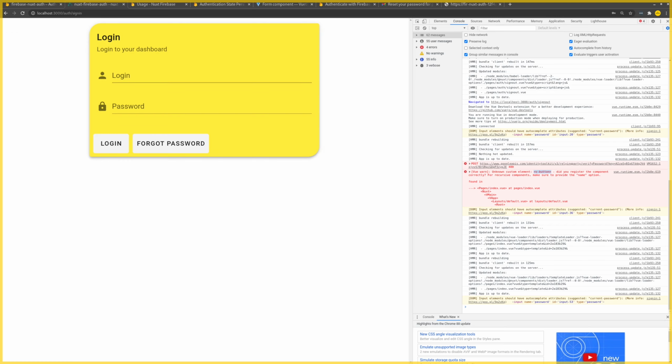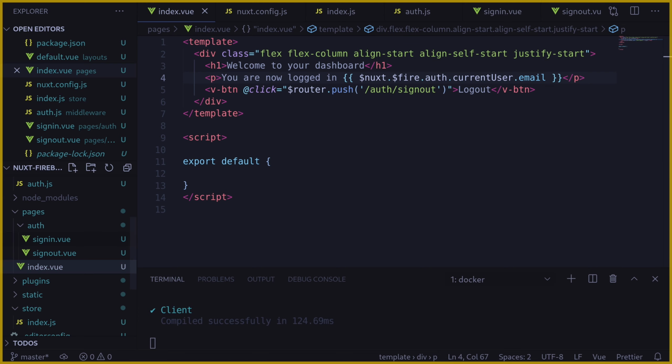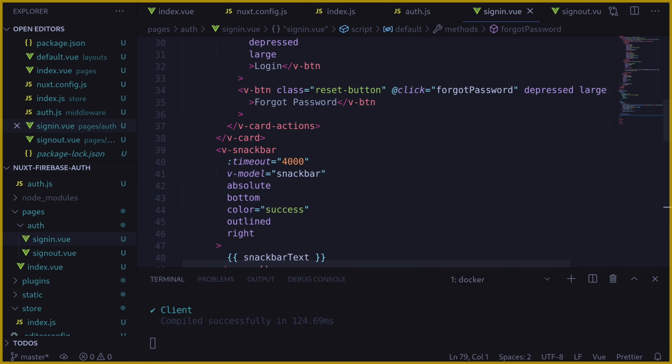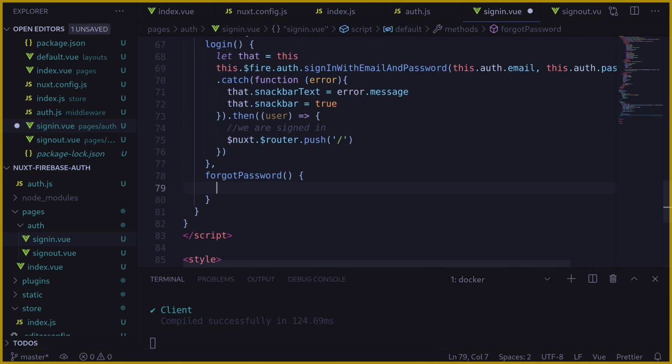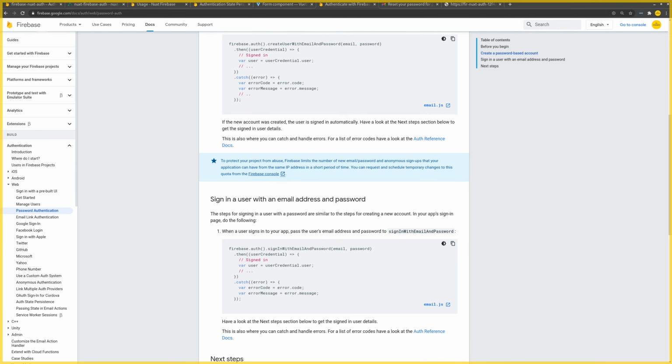But now this works. And then the last part is just this forgot password section. So we can quickly build that for if a user forgot their password, then they have a way to actually retrieve that. So in our code, if we go to our sign in screen, we have this little forgot password method, which we hooked up to that button right there. And again, we can just use the default code that we get from Firebase. If we go to their documentation here,